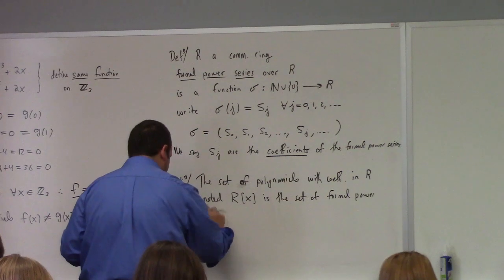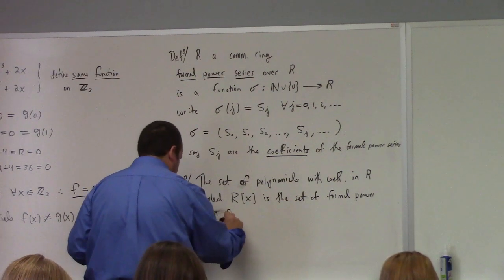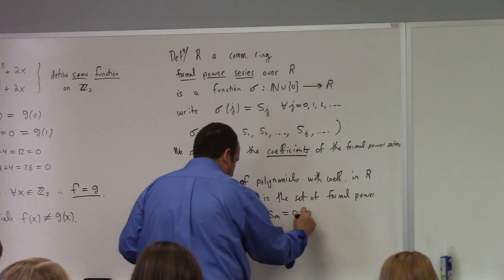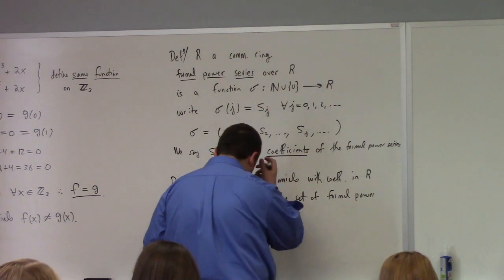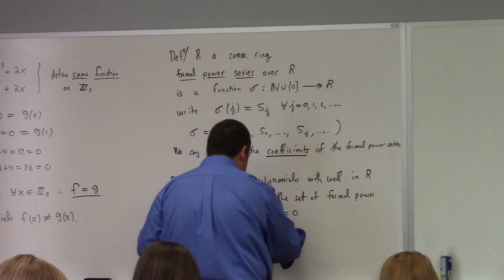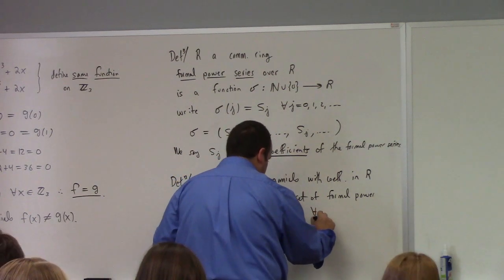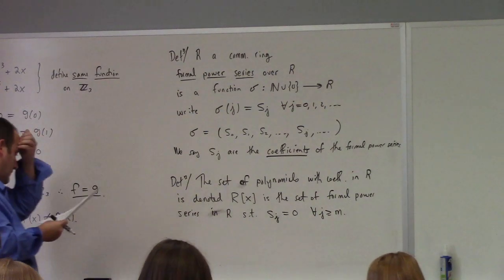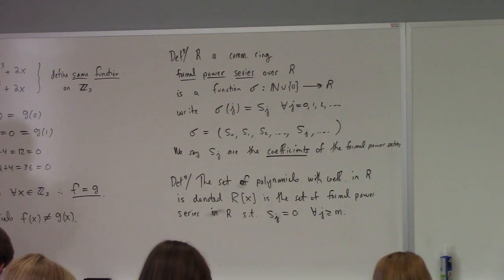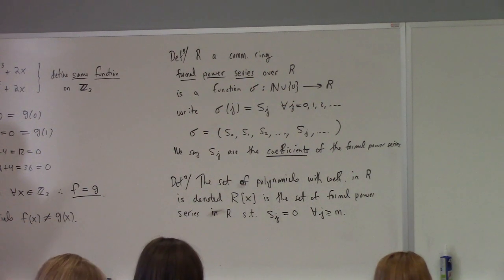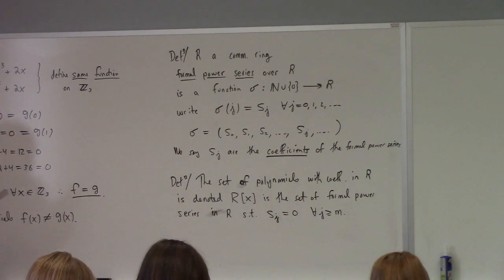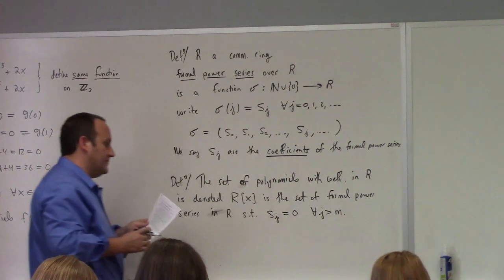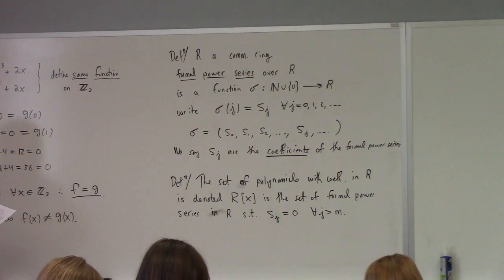Well, power series in R such that Sm is equal to 0. Well, rather, Sj is equal to 0 for all j greater than or equal to some m. Not greater than or equal to, strictly greater than m, because I want m